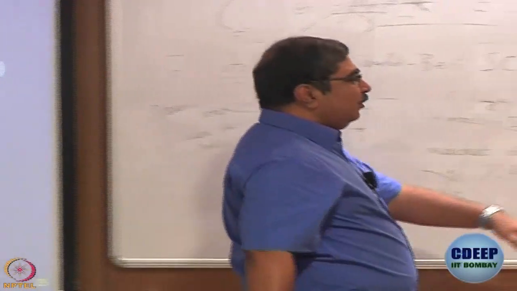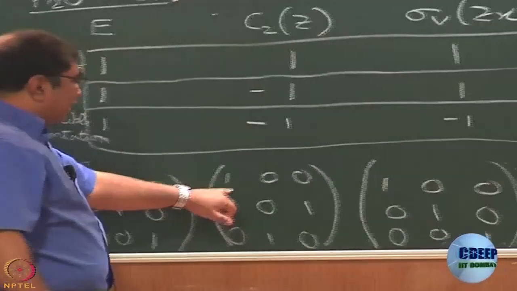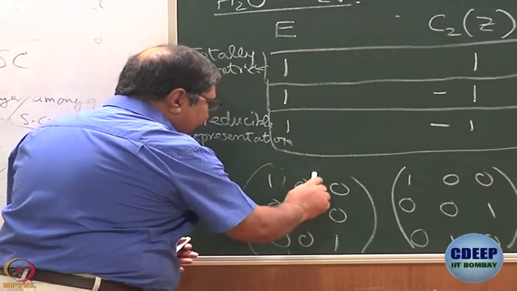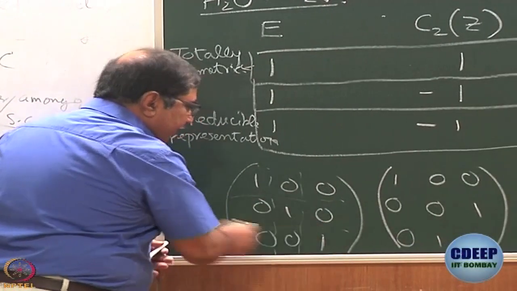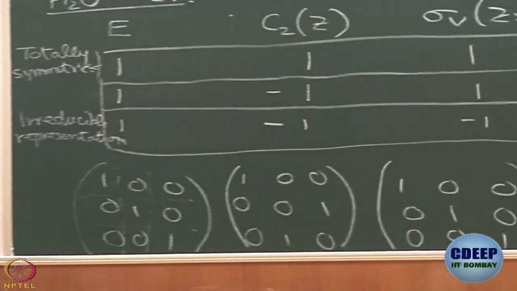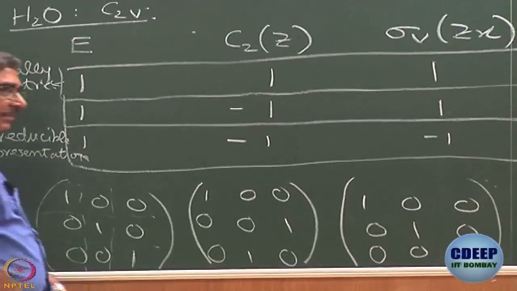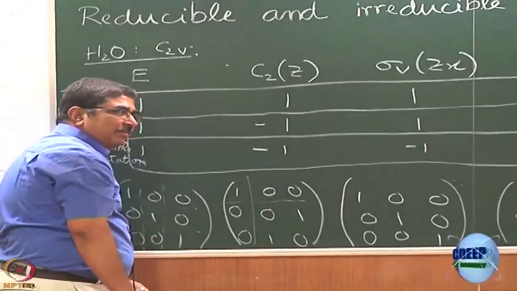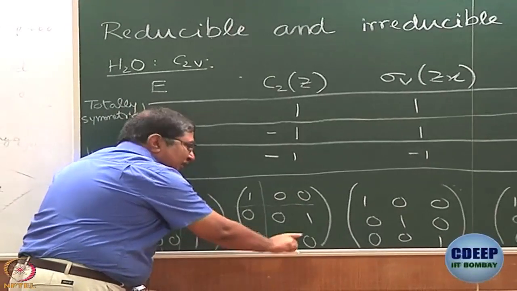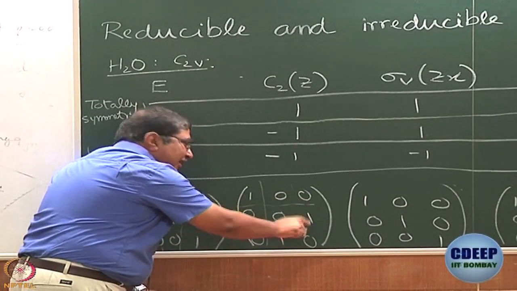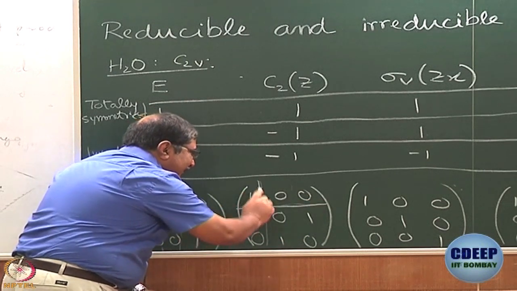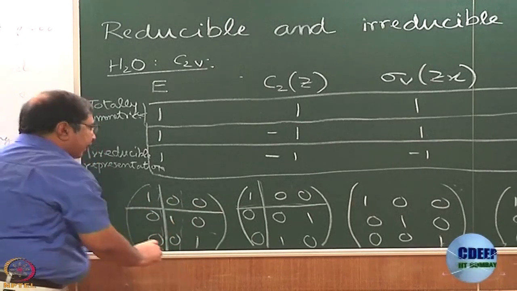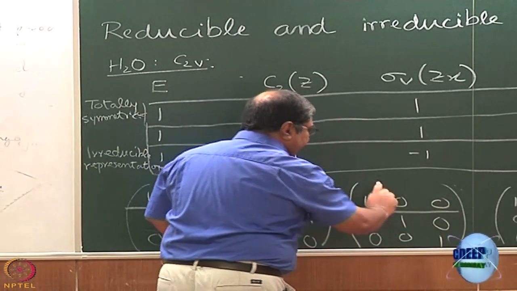And to do that, it is better to look at this matrix or that one. How do I block factorize this one? This one is completely block factorizable actually. I can do it like this, a tic-tac-toe kind of picture. But this, I can draw this line, no problem. I can draw this line, no problem. Can I draw this? No, because then one gets left out. Okay? So, the only way I can block factorize this is this. So, I will draw the same lines here as well, and here, and here.